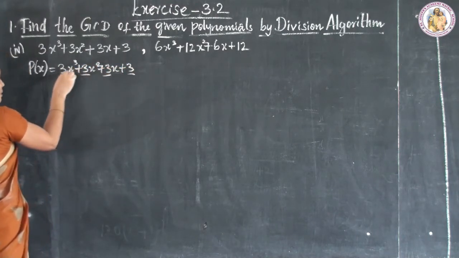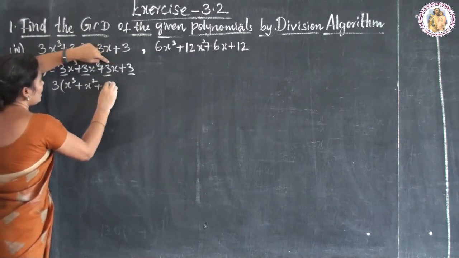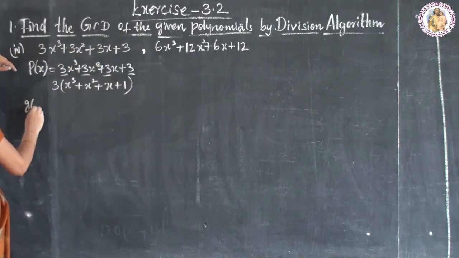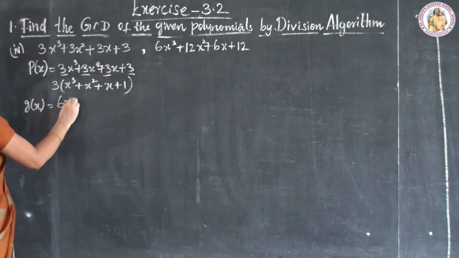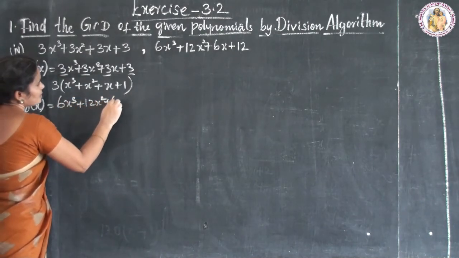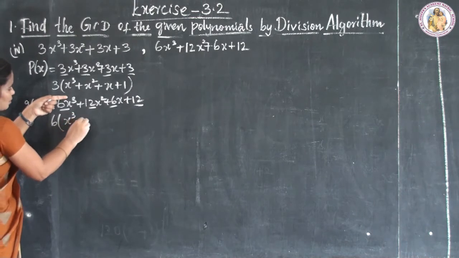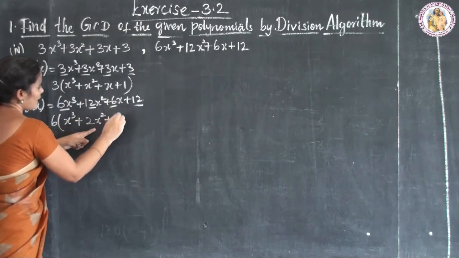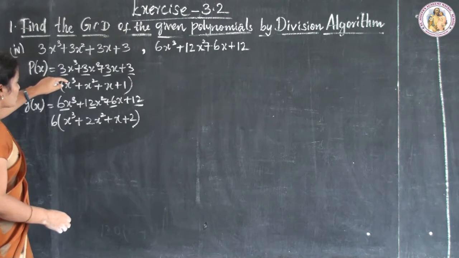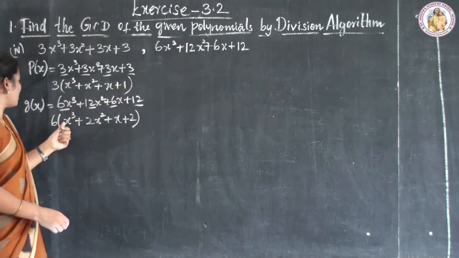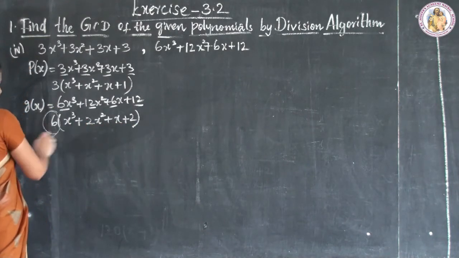We have a common multiple, that is 3. Then g of x is 6x cube plus 2x square plus x plus 2, and here 6 is greater, so go with the g